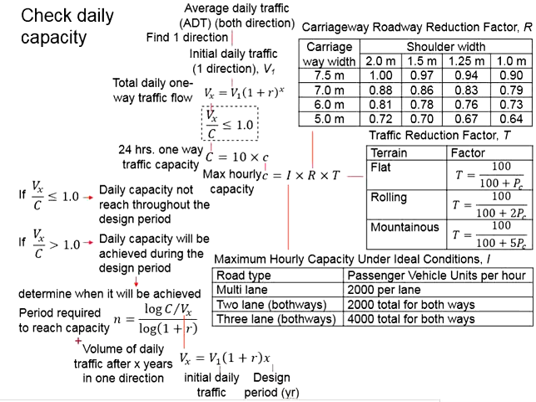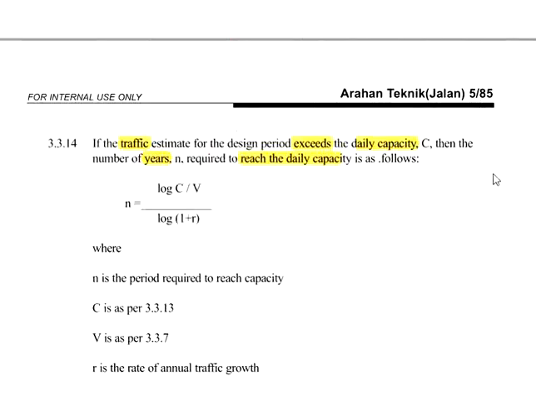With that, you will need to determine the period required to reach the capacity, which is N here, as given by the formula here. C refers to the 24-hour one-way traffic capacity. Vx is referring to the total daily one-way traffic flow. As for R here, it represents the annual growth. You can get the equations from clause